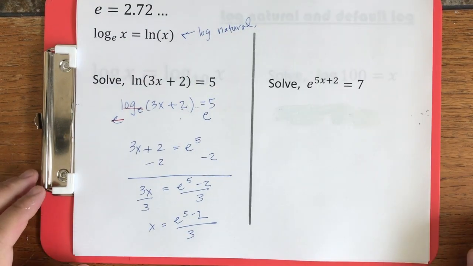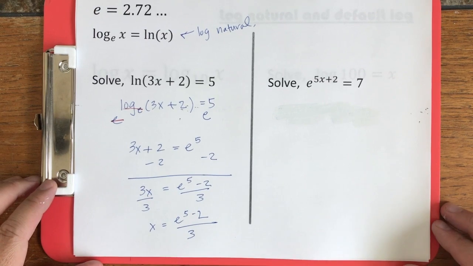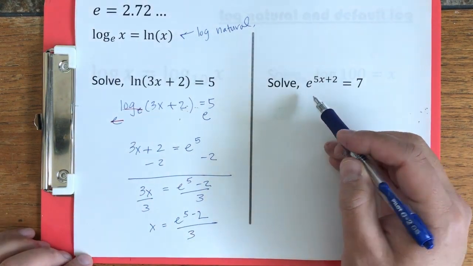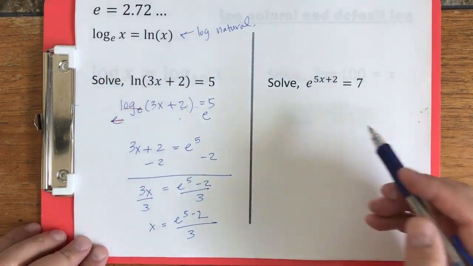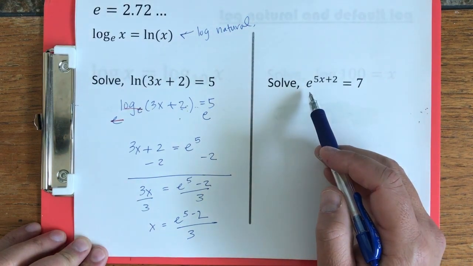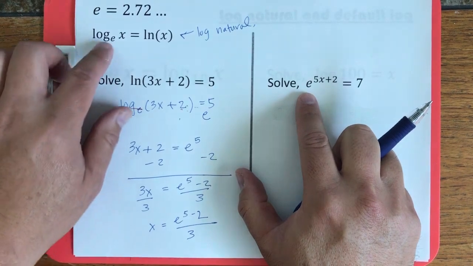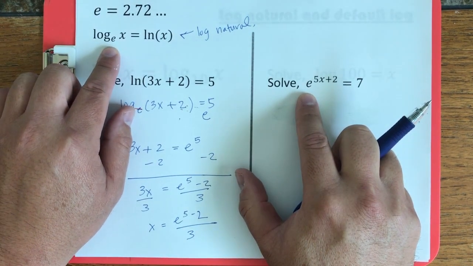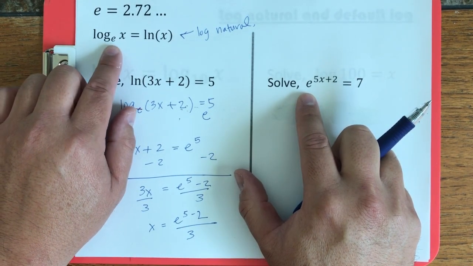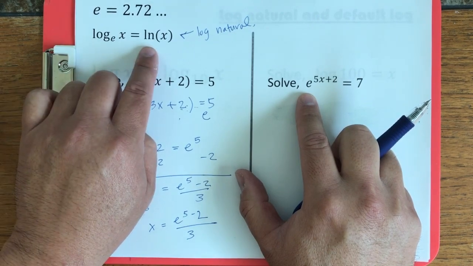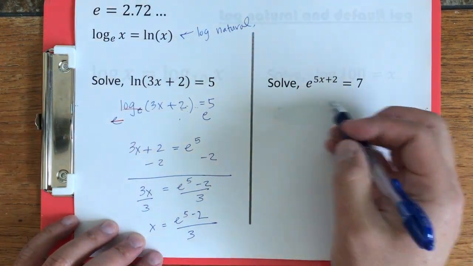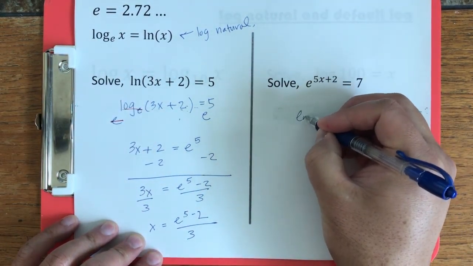The second kind of problem in this section is the base e problems. Now, in order to get rid of an exponent, we have to apply the log to both sides. Now, the log needs to match the base. So as shorthand, instead of writing log base e, we can write ln. So if I apply ln to both sides,